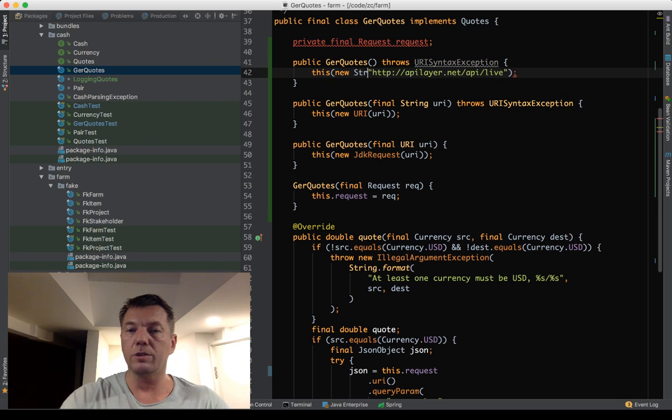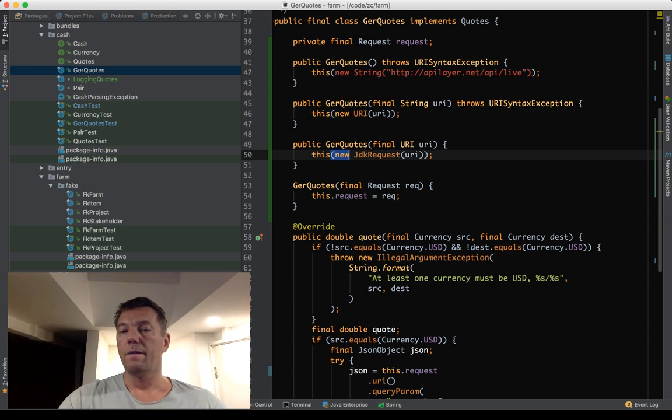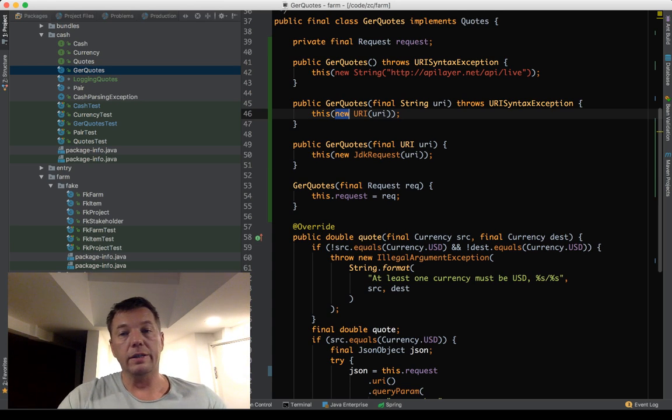In reality, what's happening is the new string. I'm showing you that there's always a new operator here, here, and here. So the only possible design, the right design actually, of a secondary constructor is to have this call, this, and then new, and that's it.